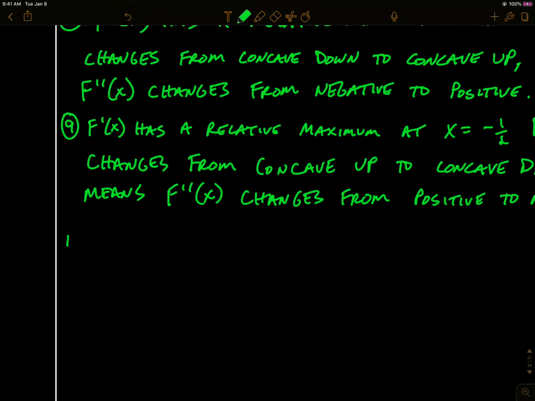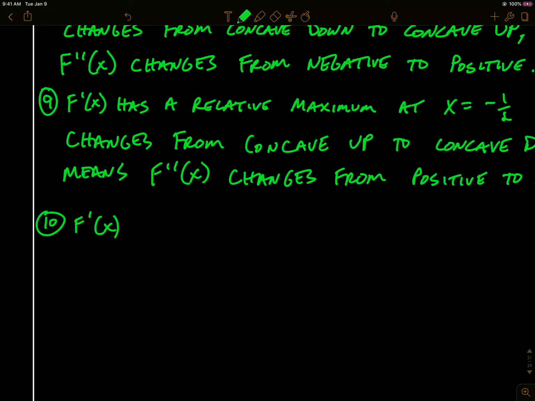Okay, number 10. What else do we know? When we know there's a max or a min on the derivative, we're going to know the intervals on which the derivative is increasing and decreasing. So f prime, the derivative, is increasing on the interval -3 to -1/2